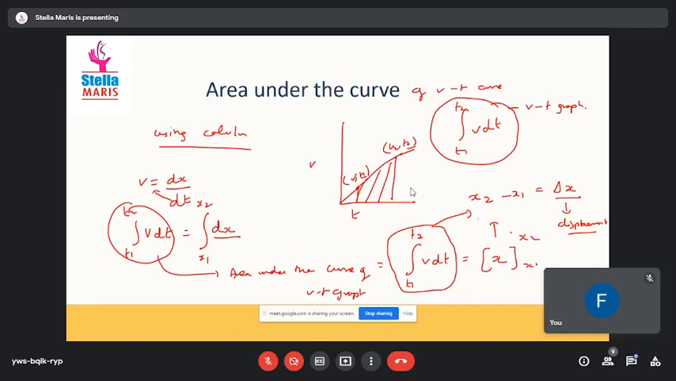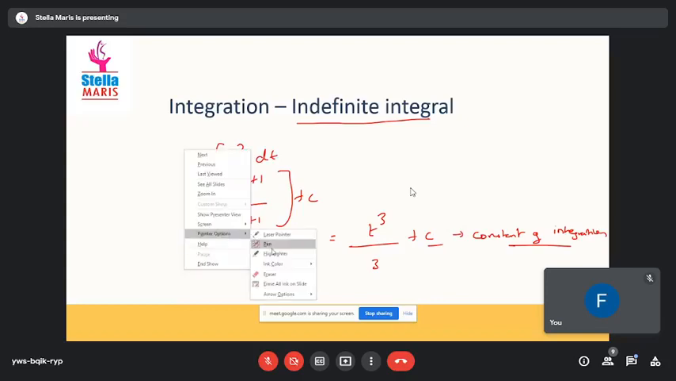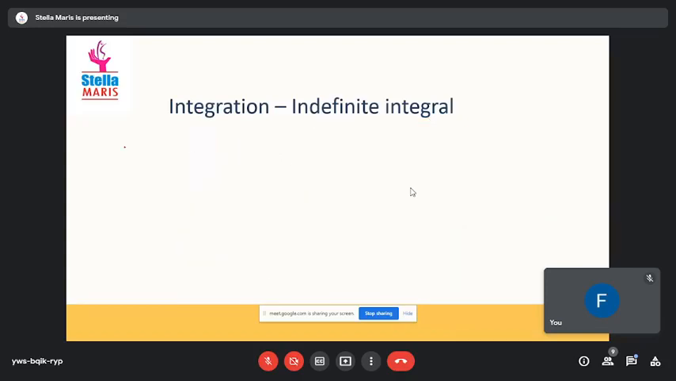Displacement. Okay. And yeah, I'll write it here. See, the area under the curve, that is area under the curve of velocity time graph, gives displacement, and the